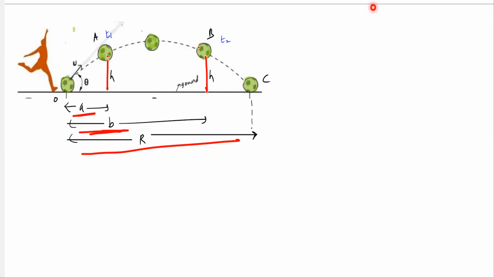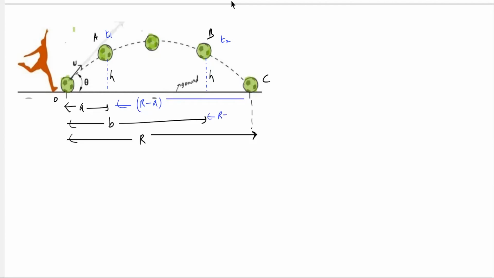We'll try to bring this equation. Now, if this is a, then this distance will be R minus a. If this is b, this has to be R minus b. And we know the time taken to move from O to A is equal to that from B to C. And the horizontal